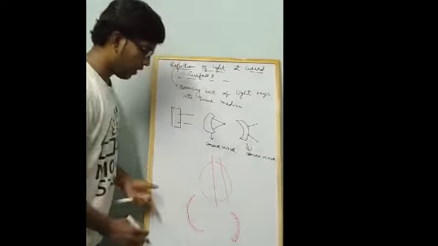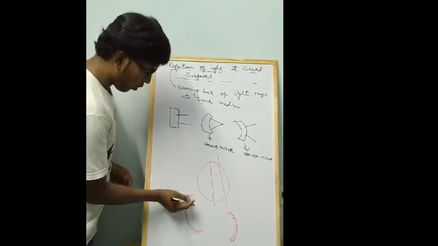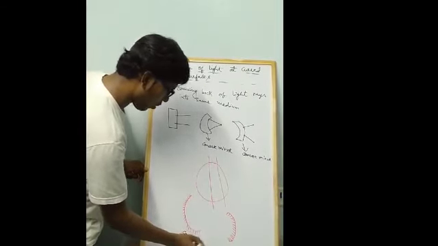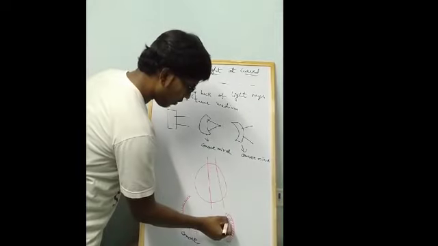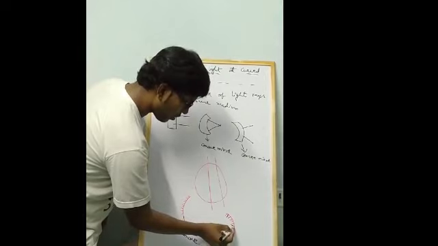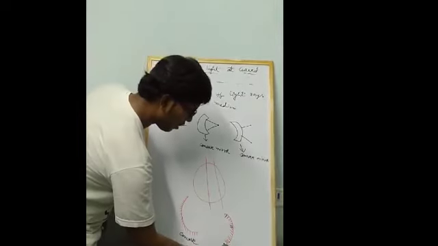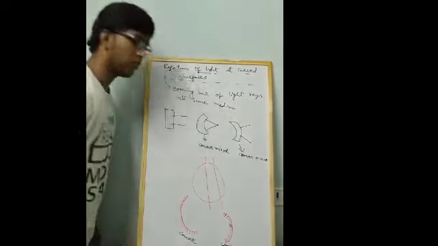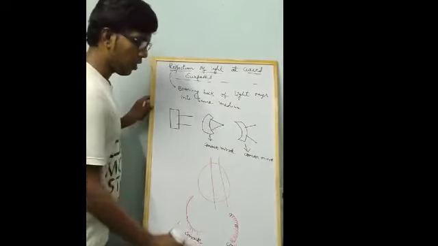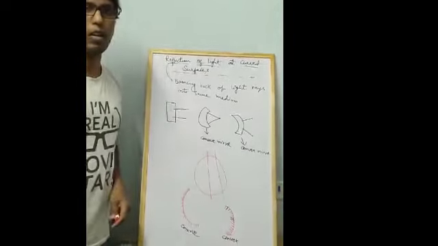If any curved mirror is polished on the outer side, so that the reflecting part is inside, then such mirrors are called concave mirrors. And if a curved mirror is polished inside and the reflecting part is on the outer side, then such mirrors are called convex mirrors. These are the two types of mirrors we are going to learn now. Whether concave or convex, they are both parts of spherical mirrors.